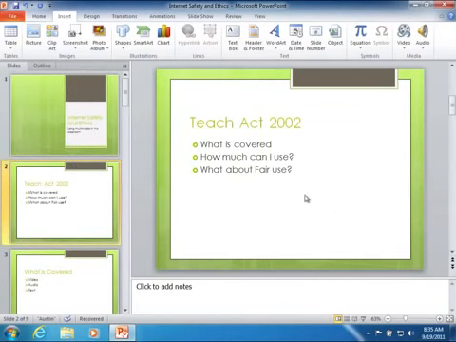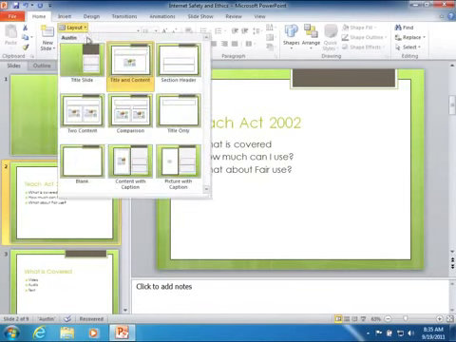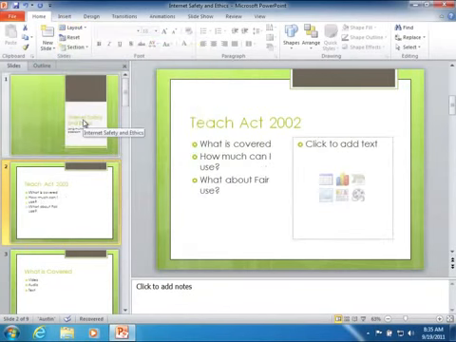So I'm on this page with the Teach Act 2002 and there's a couple things I can do. I don't have a content placeholder to put a picture into, so one of the options I can use is to click on my Home ribbon and change the layout to one that does have that. So I could change this to a Two Content slide and then put my two pieces of content side